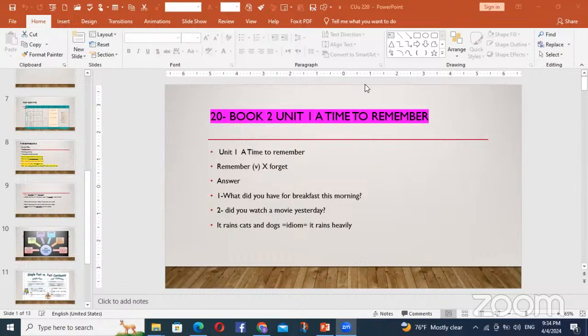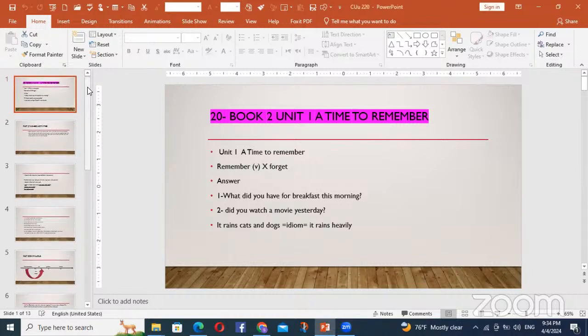Okay, part of what we are doing, we wanted to use a part of grammar today. It is important to know it since we talked about the past, okay? In the past we have three types. The first one is past simple, and then we have the past continuous, and then we have the past perfect.